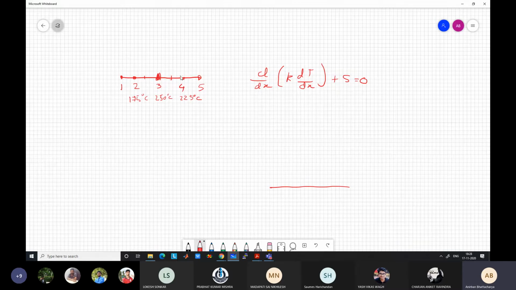Which you can do based on this point and this point. So temperature minus, k dT dx, so this minus this by dx, distance between these two points. Okay, some of you have made a mistake. Distance between these 2 points is 0.2 meter, not 0.1 meter, because this is 2 grid points. And calculate the value accordingly.